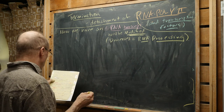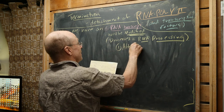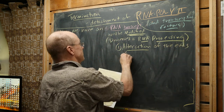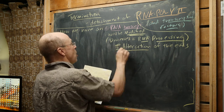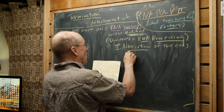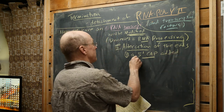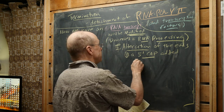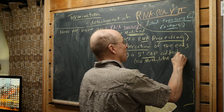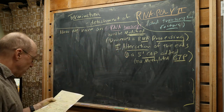But what we need to do is draw the whole map. As a matter of fact, let's put the parts. The first one is going to be alteration of the ends. And in the alteration of the ends, this is Roman numeral 1, sorry. In the alteration of the ends, we're going to see first off the making of a 5' cap. This 5' cap is going to be made of a methylated GTP. And you're familiar with the whole TP process, triphosphate, and this particular one